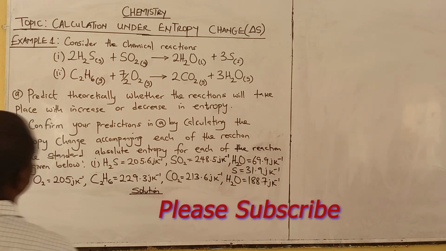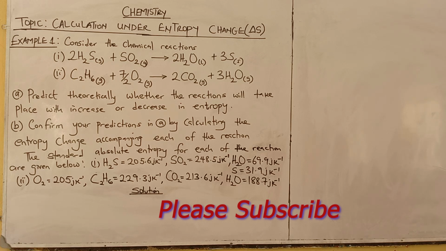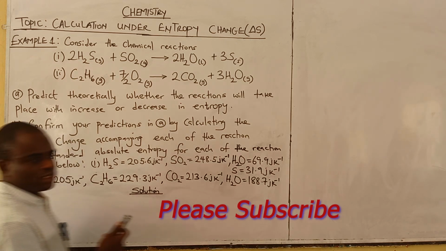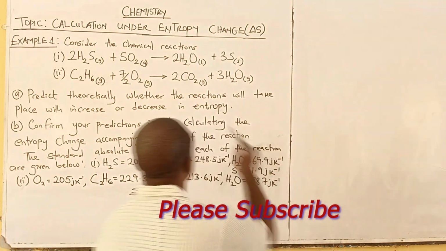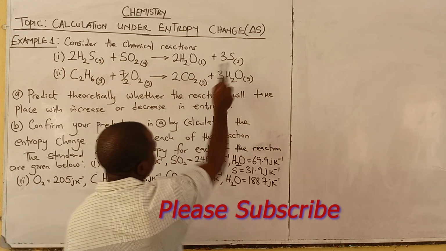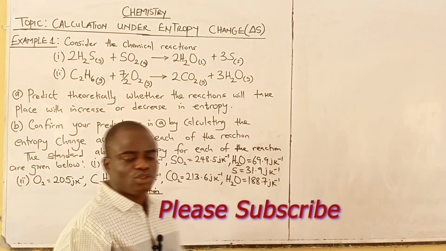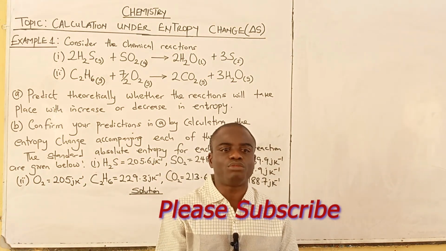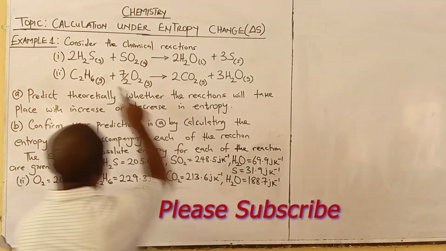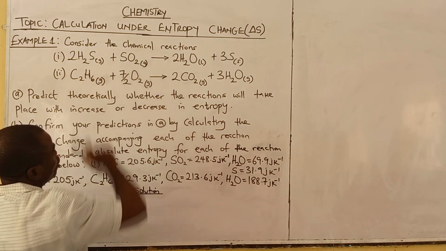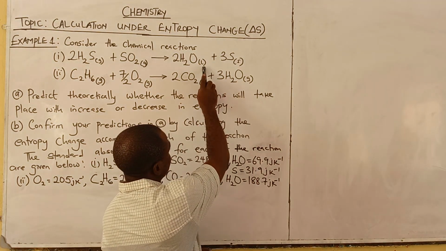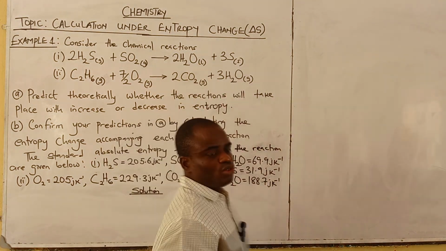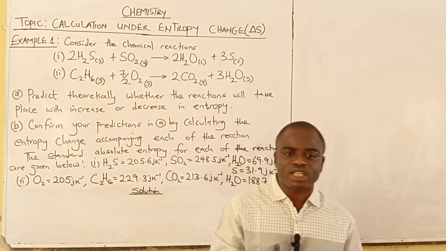How do you know whether it is a decrease or increase in entropy? This is the way you will know. When you are solving it, always put into consideration those that are written as gases and those that are written as liquid and solid. When those are written in gaseous form, there is a bracket that signifies gases. They have more effect to be put into consideration. But those that are written in liquid and solid will be neglected